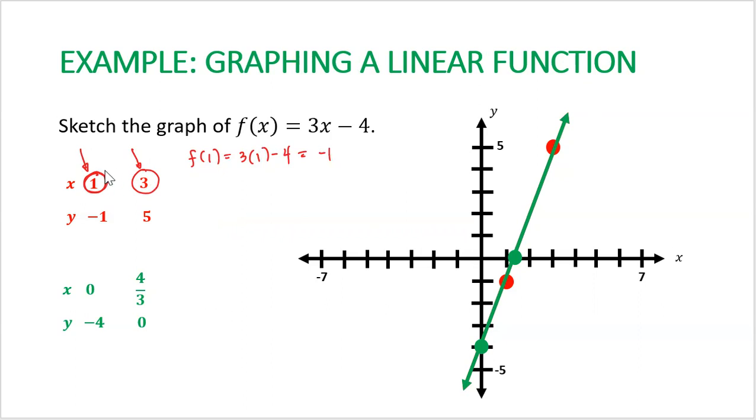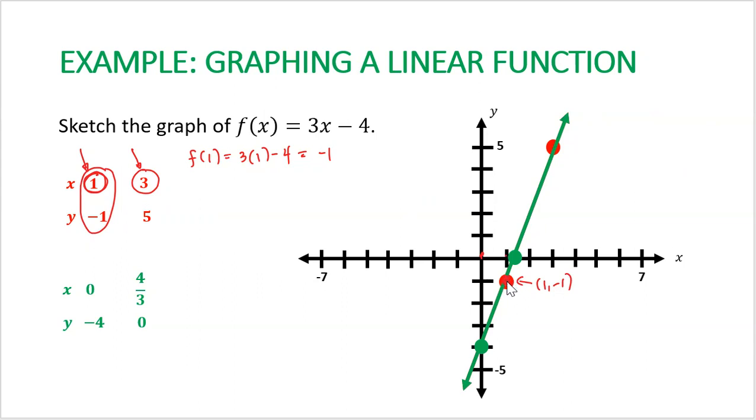So that means the point 1 comma negative 1 is a point on the line 3x minus 4. And in this case, 1 comma negative 1 is this point here. This is 1 comma negative 1. So from the origin, we shall move 1 unit rightward and then followed by 1 unit movement downward to get